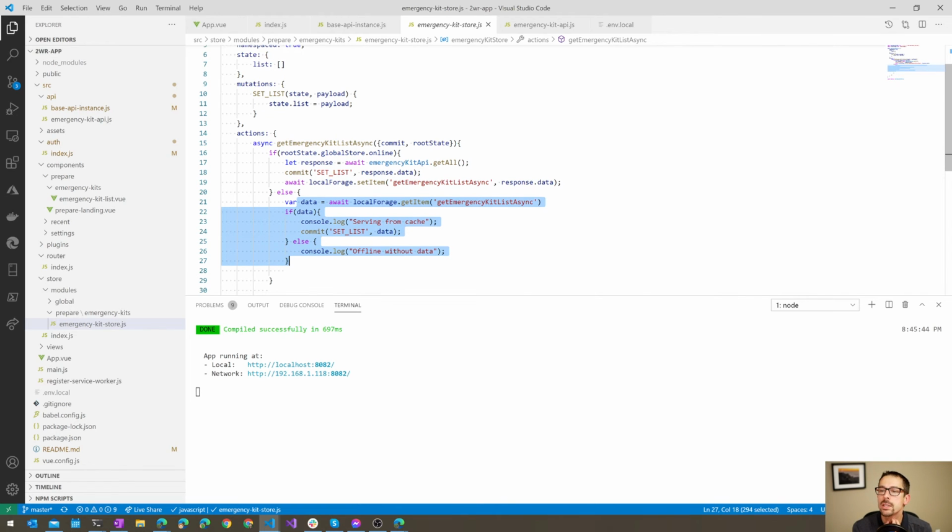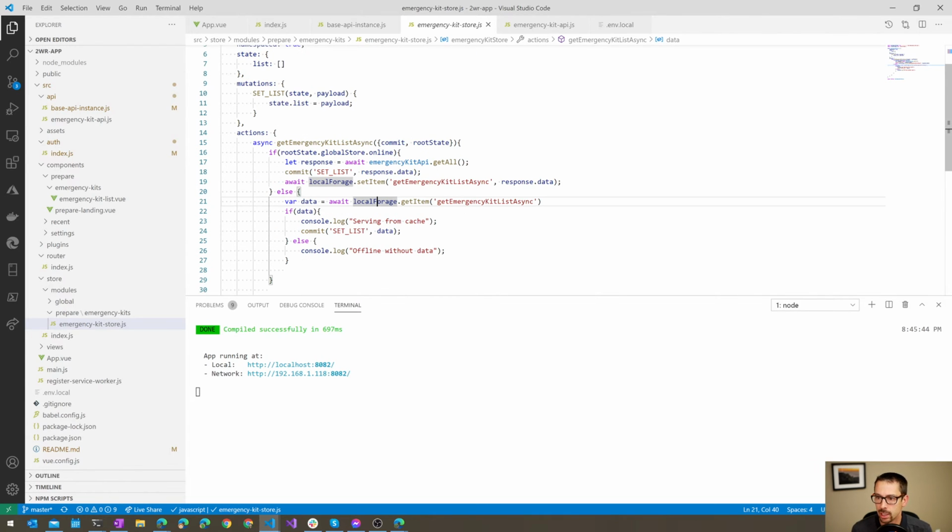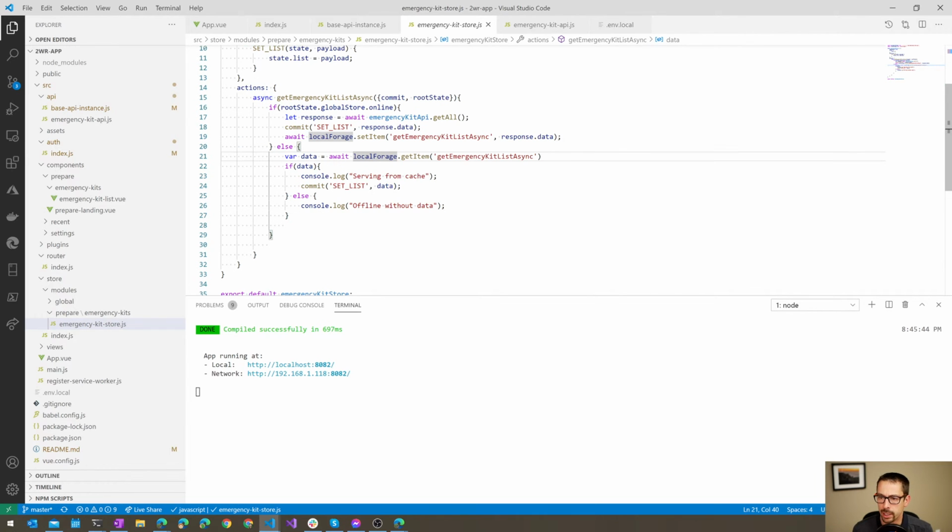So that's good. We're using localForage for that, which is a library that does local storage of caching things. But how can we... I basically want to delay this call until after the authentication stuff has been initialized in the case when we're online. So if we're online,